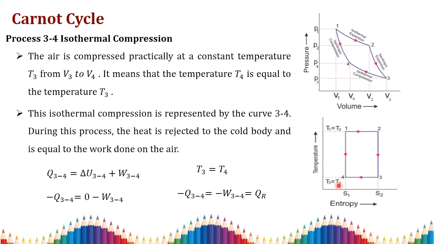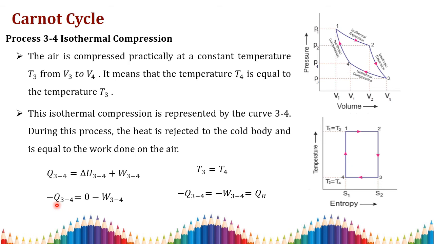Then you apply the first law of thermodynamics to the process 3 to 4, which becomes Q of 3 to 4, equal to delta U of 3 to 4 plus work done of 3 to 4. Why am I putting a minus sign here? Because here the heat is